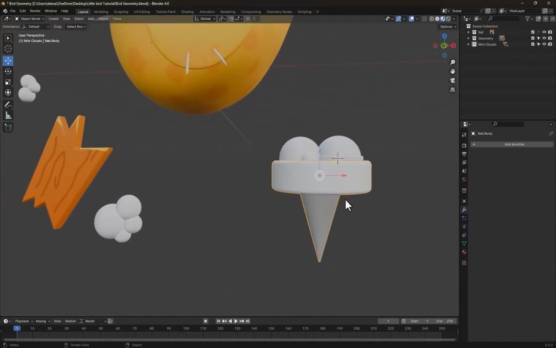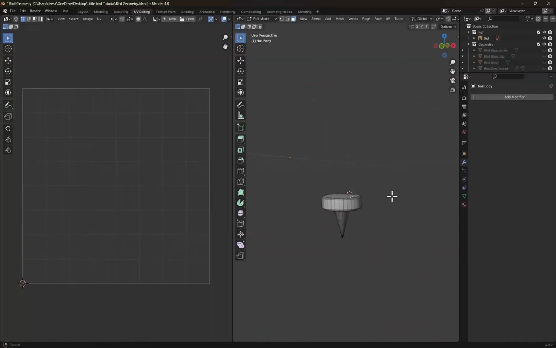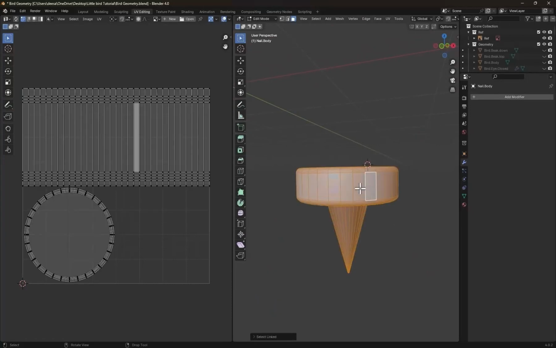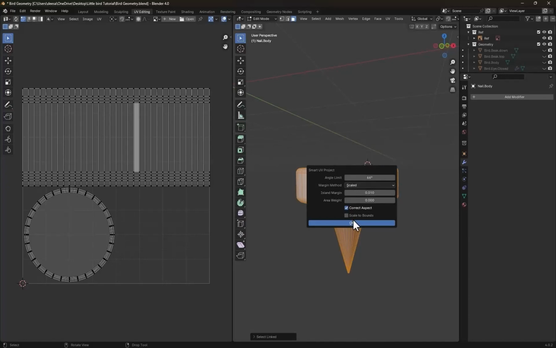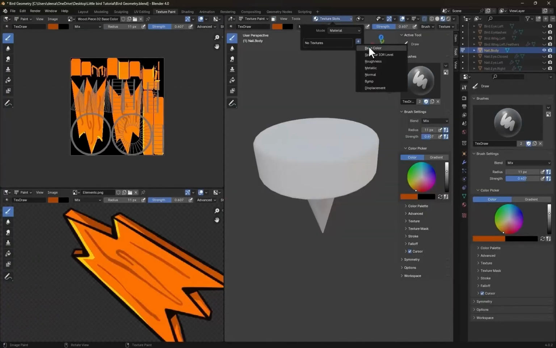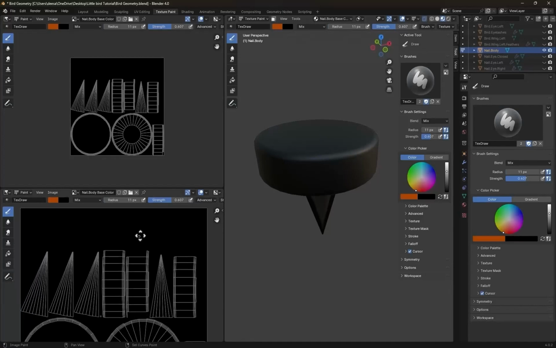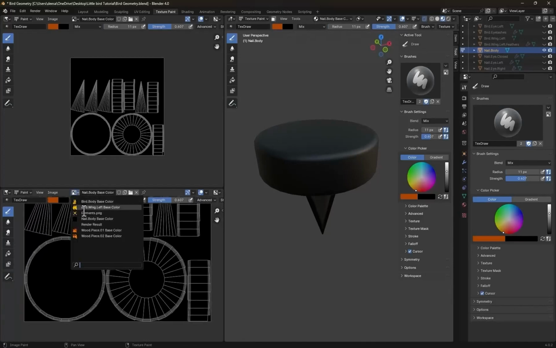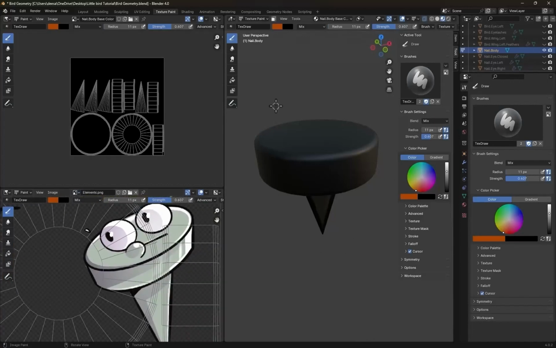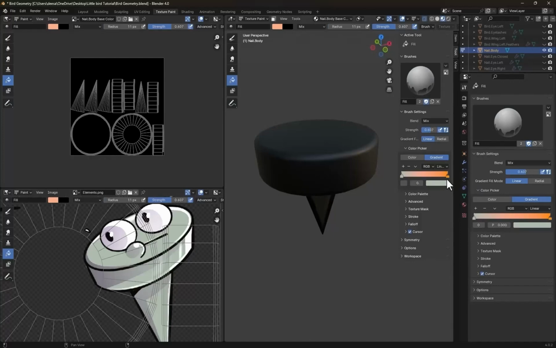Go to the nail, press Ctrl I and hide. Go to this one, press Ctrl A, apply all, and get back to UV editing. We're going to select all of this, press U, Smart UV project, click OK. Now I'm going to texture paint, texture slots, base color, black one. Now I need to add the reference image here. Kind of the gradient values. I'm going to pick this, and for this one I'm going to pick this,